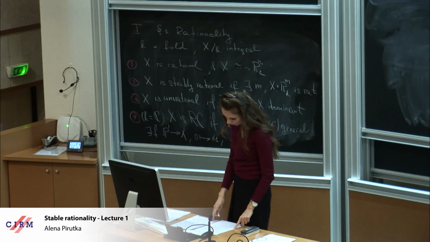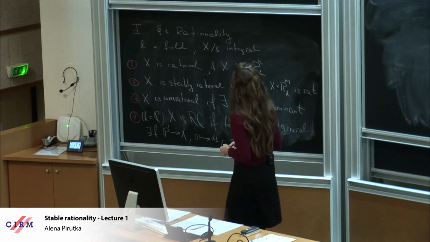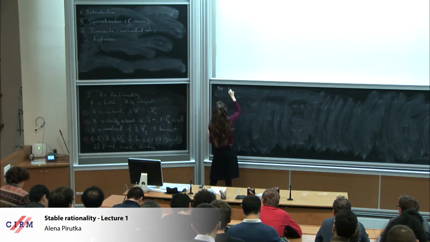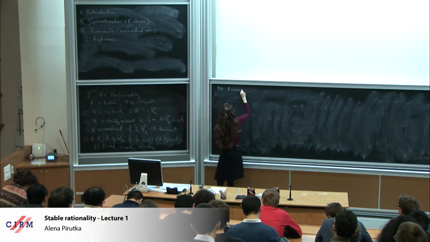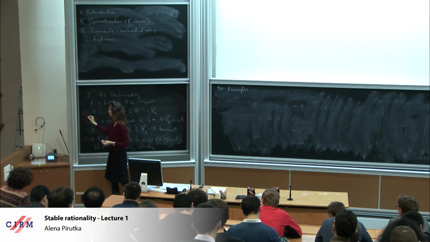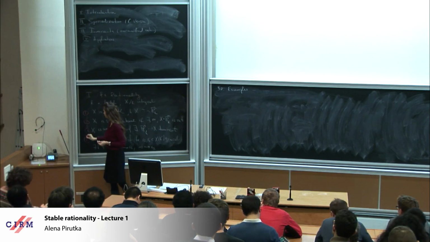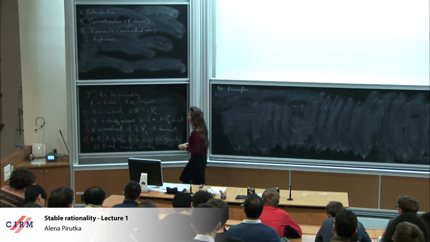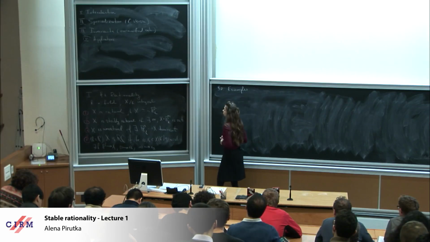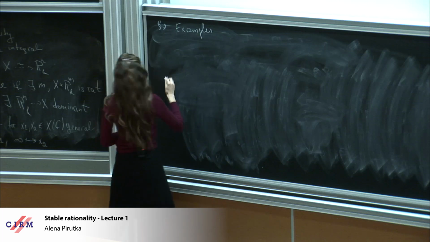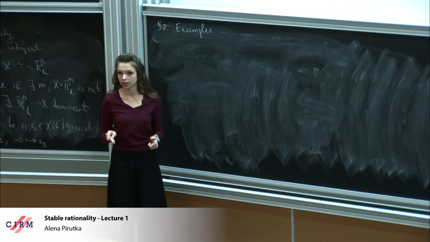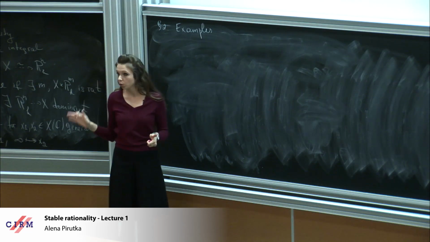Okay, so let me give you some examples of these notions. Also, I should say that, put in this way, from the definitions you see that we have straightforward implications from 1 to 3 and 4. Okay. And I'll tell you more about implications in the other direction. Okay. So in what follows, we will consider essentially two types of varieties: hypersurfaces and some quadric bundles.